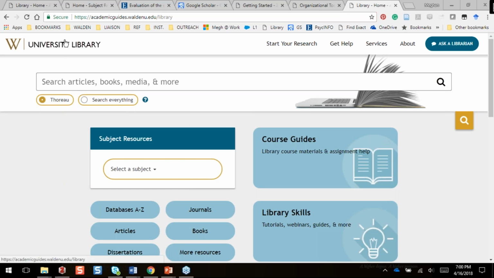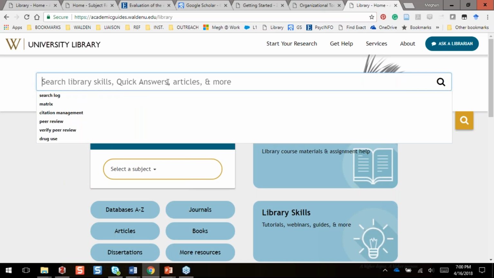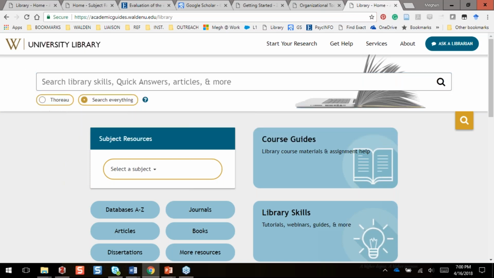So, Library University homepage, we have a couple options for Get Help. So, if you were eagle-eyed, you probably saw me doing this thing where I was typing in a search term here, clicking search everything, and getting some kind of a helpful guide on it. What I was doing was I was searching our quick answers. So, quick answers is our university-wide FAQ, and we have done a really great job of making a very robust quick answers to address just about everything having to do with library research that you're going to need to do